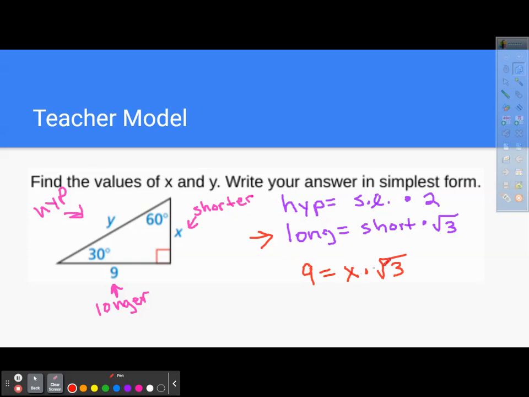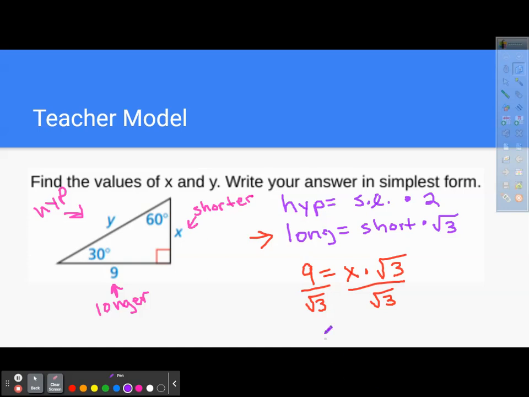Now this is x times the square root of 3, so to get rid of the square root of 3, I divide by the square root of 3. Now, here's the tricky part. Here's the part where you cover it more in Algebra 2. You do not want to have a radical in the bottom of your fraction, so we have to get rid